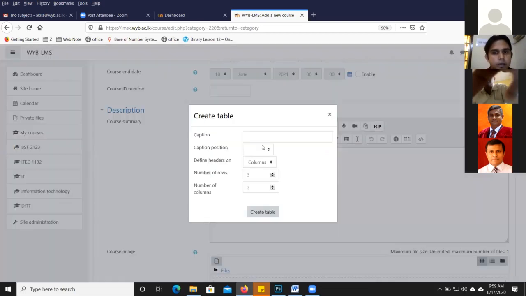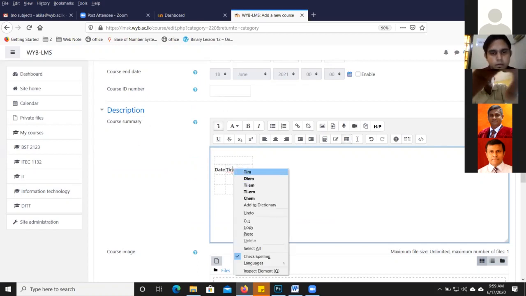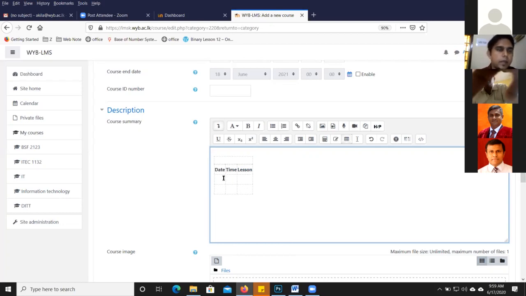You can just click here and add a table, and in the table you can add a time, and again you can ask the students to complete the work on this date.